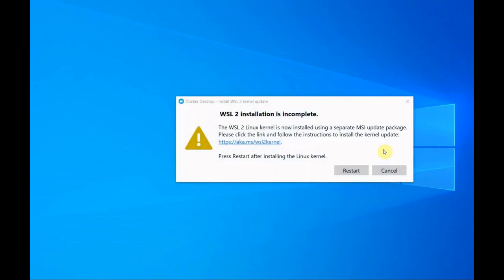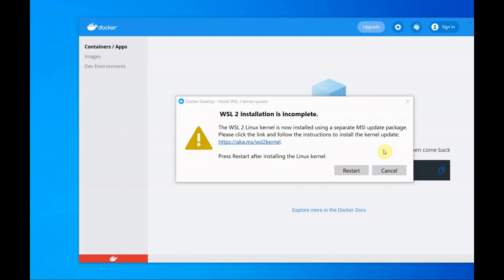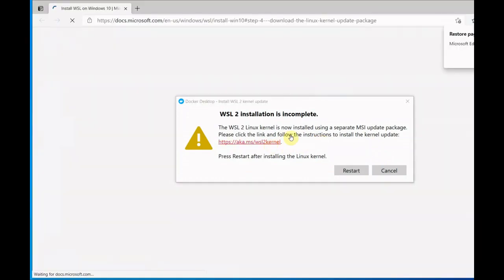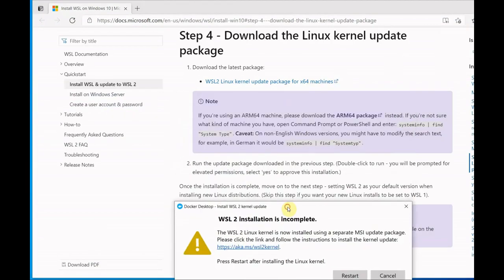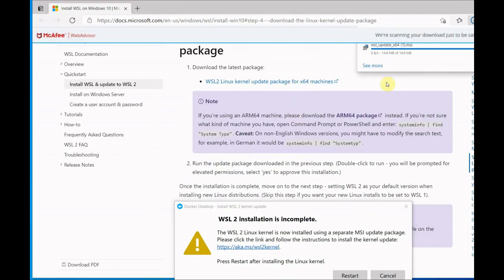So here it's saying WSL2 installation is incomplete. So simply click on the provided link. And here we have this Linux kernel update for our Windows. So let's download this file.